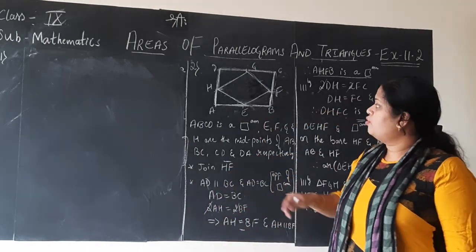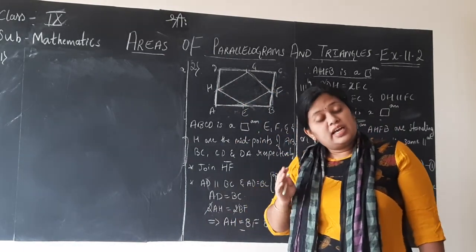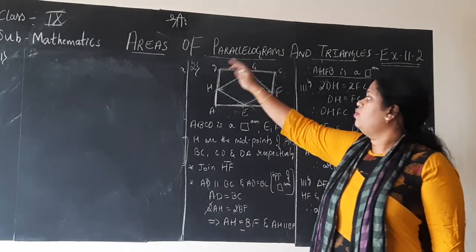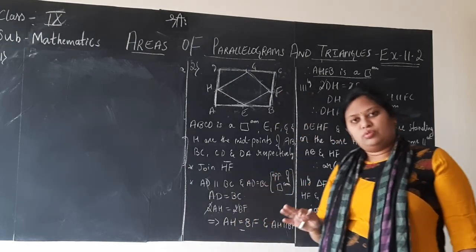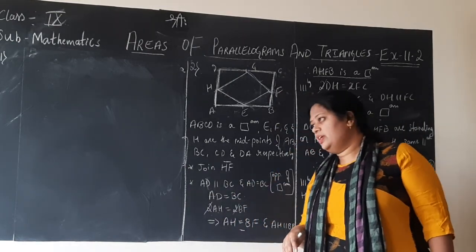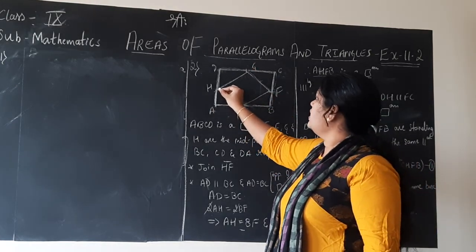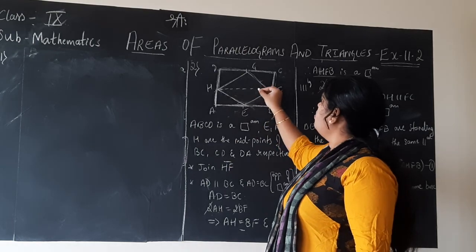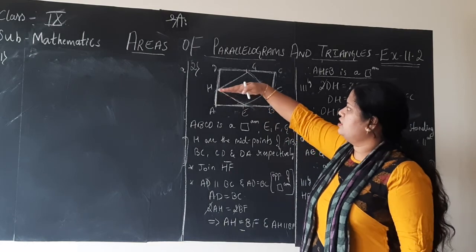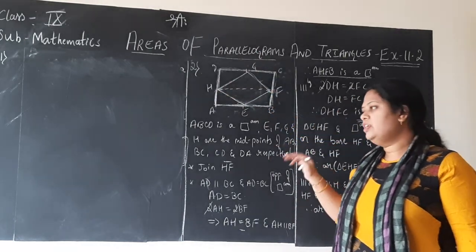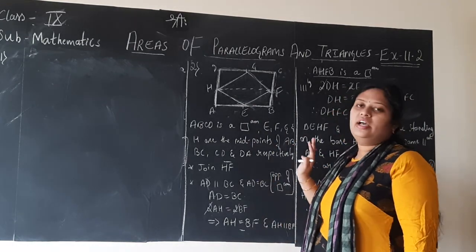They are asking us to prove the area of this new parallelogram EFGH is half of the outer parallelogram ABCD, and we need to prove it. To do so, after joining the midpoints, we shall divide the whole figure into half. How? By joining HF. Imagine I am just cutting this figure into half. Why? You will know further. Join HF for our convenience.